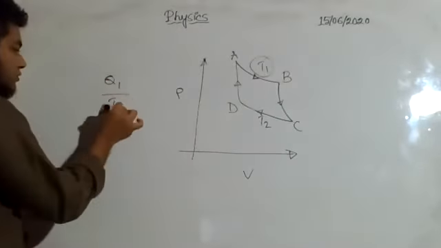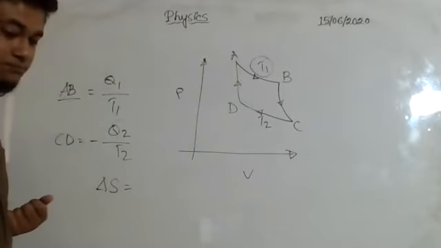Whenever I give a minus, it shows a decrease. So along AB, this is the change. Along CD, this is the change. Now, if I ask you throughout the process what the total change is, then the total change of entropy of the working substance, that is del S, is going to be